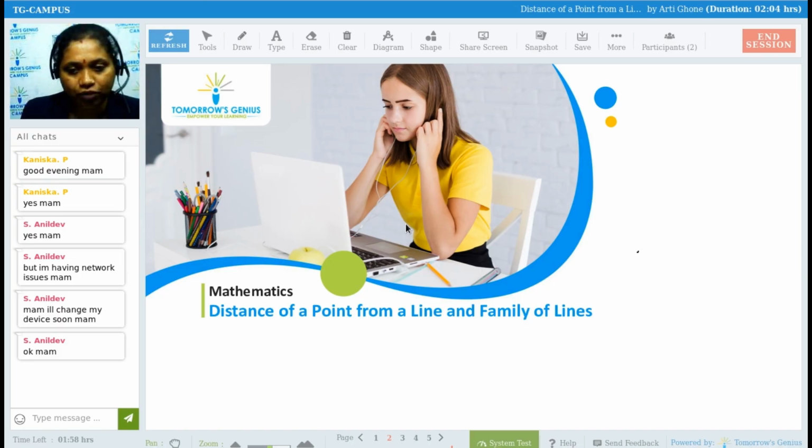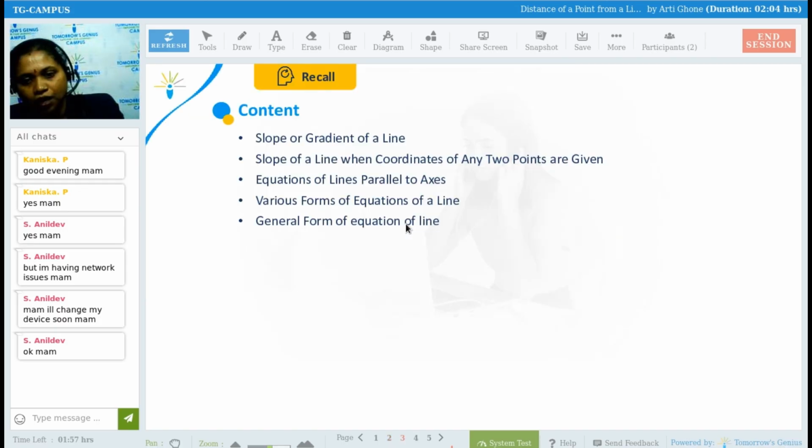So what is the distance of a point from a line? That is the next concern, or the last part of this short chapter, straight line. Though the chapter straight line is very small, it still carries a minimum weightage of one question in every paper of your JEE batch. So don't ignore the chapter completely. It's a very easy chapter, but there are a number of formulas to remember in this chapter. Now,